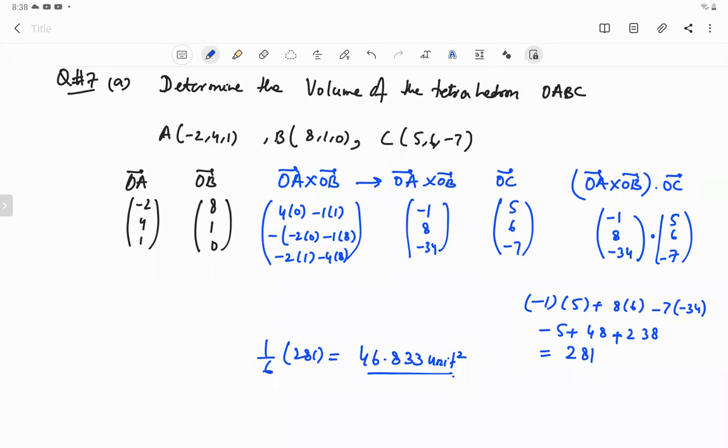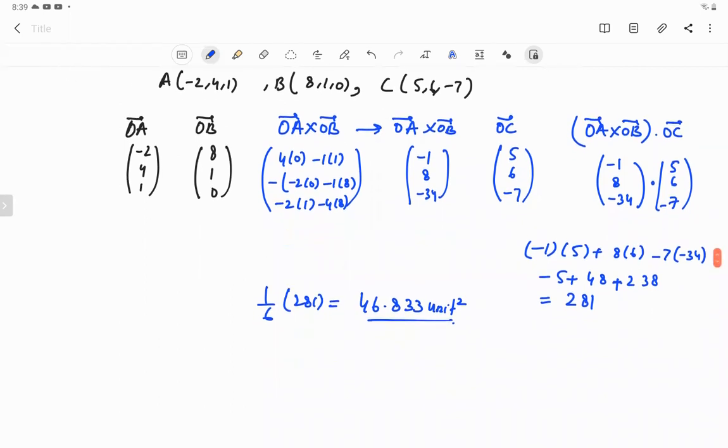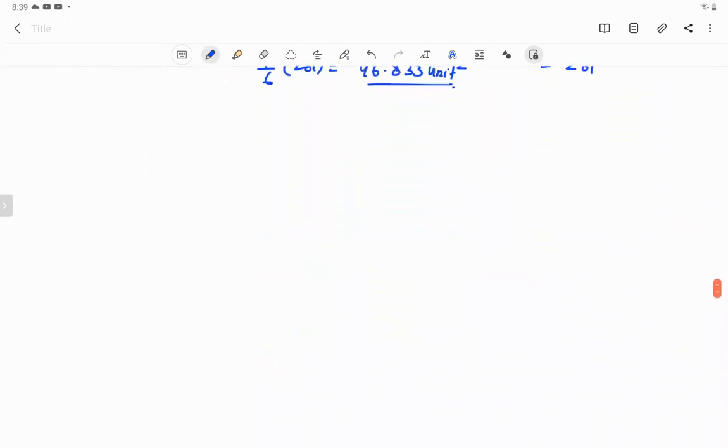Now we move on to our second topic, and that is the vector equation of a line. I'll just briefly mention it because you have done it in your P3. Okay. I just give you a question. You start solving it yourself, and I'll start solving it over here. Then we'll finally compare our answers.